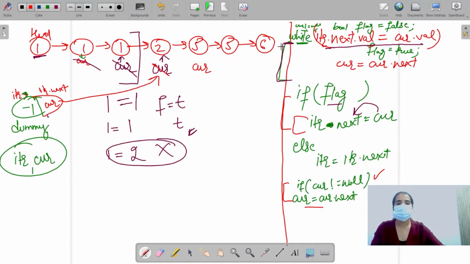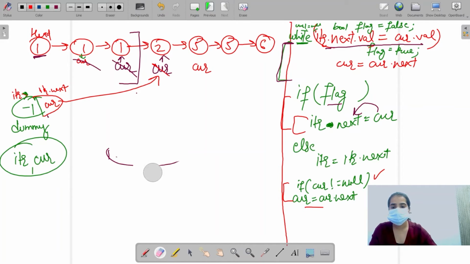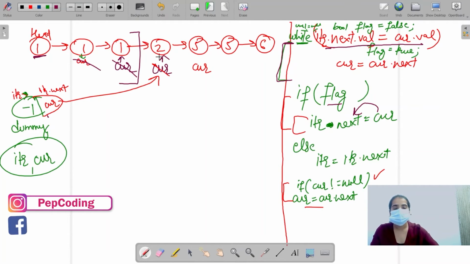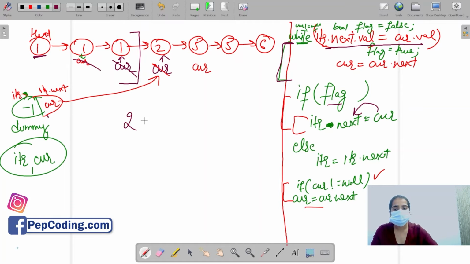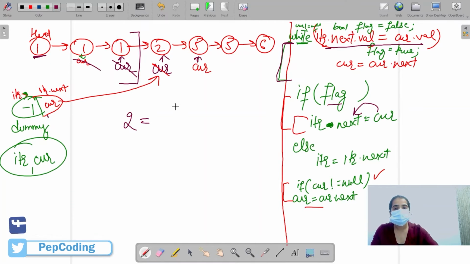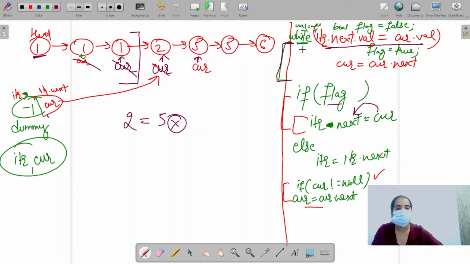Now again coming here, we have to check the same condition for duplicacy. See, now iterator dot next is 2, is the value of iterator dot next, 2, equal to current's value? No, that means there is no duplicacy,